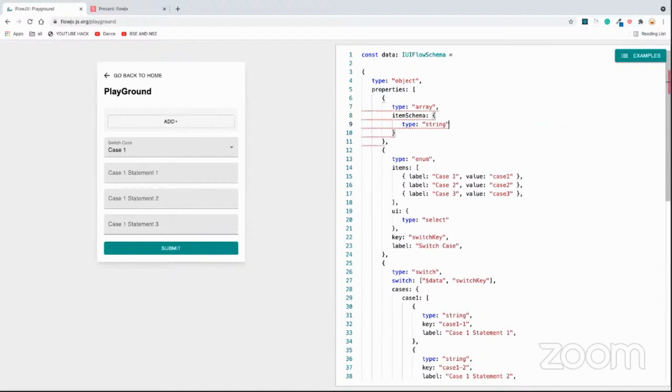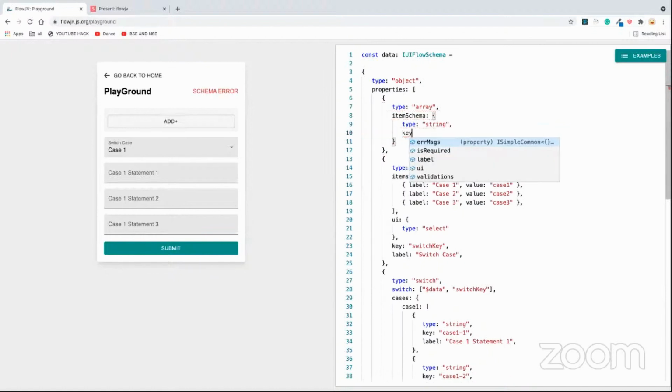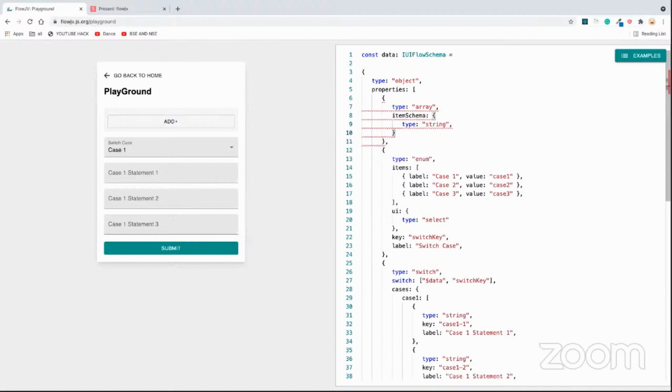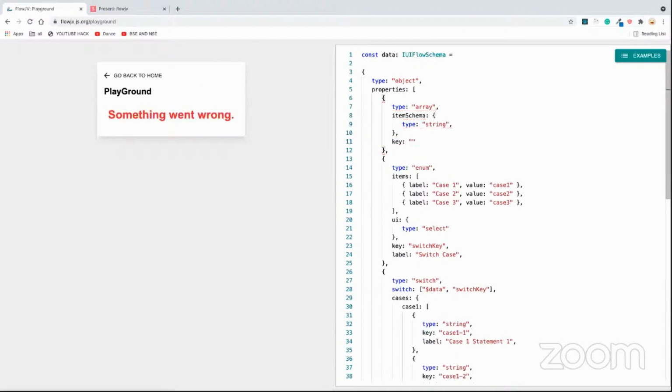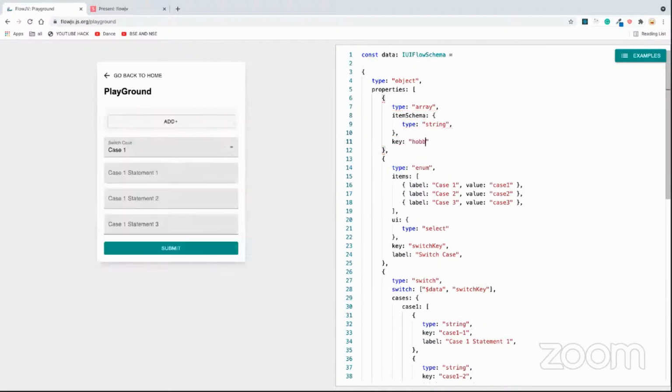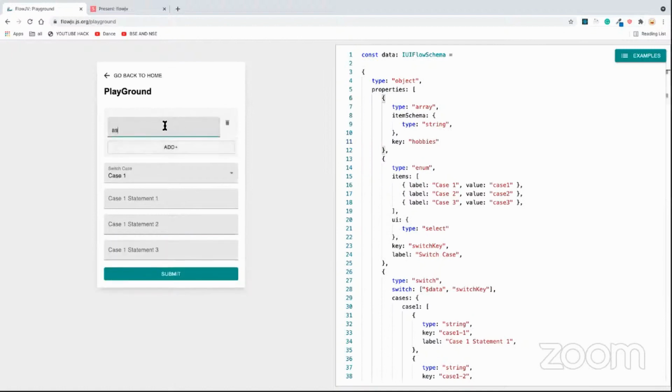Let's suppose I want to collect information about hobbies, and then I would define the key for this array as hobbies. Now I can add as many hobbies as I want to.